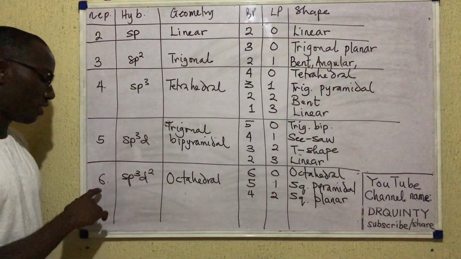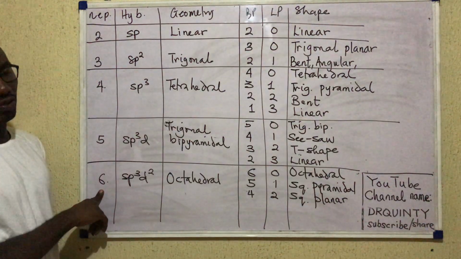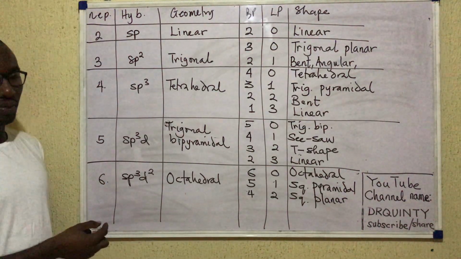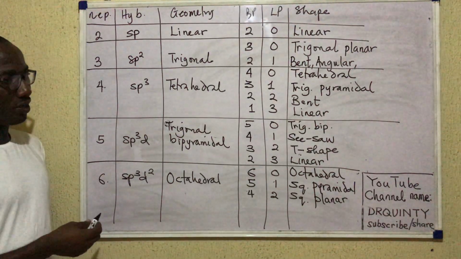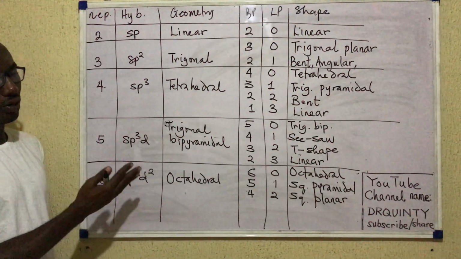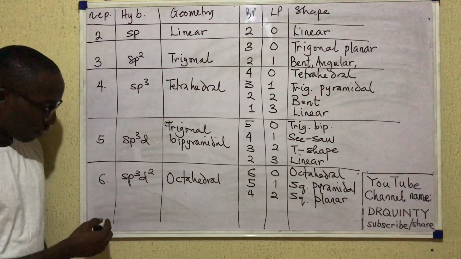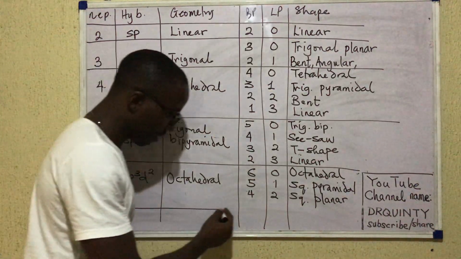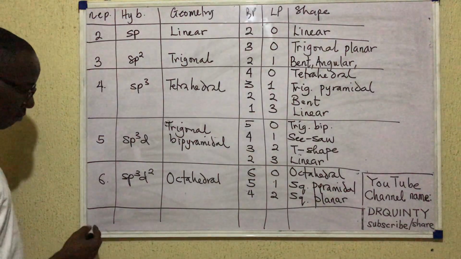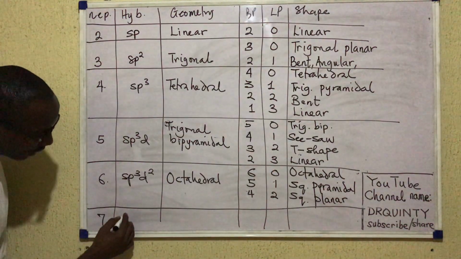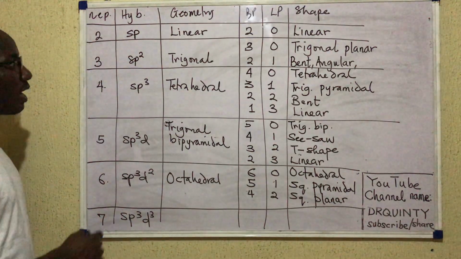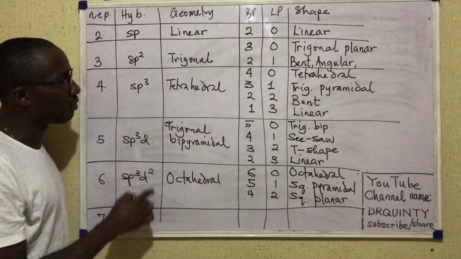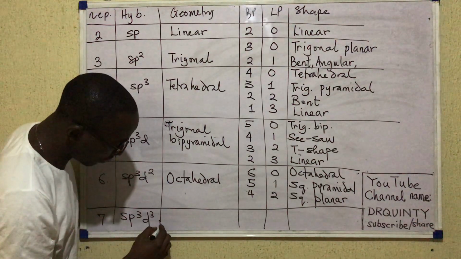So for the 6 electron pair situation, we have 3 possibilities: 6-0, 5-1, and 4-2. Remember, those numbers tell you the ratio of bond pairs to lone pairs. So the last situation we have here, I'm glad this board is able to contain all at once, is sp3d3. When you have an sp3d3 hybrid, the geometry that goes with it is